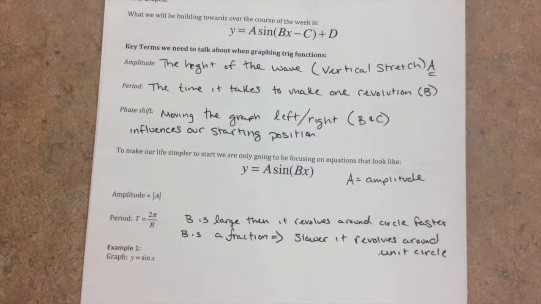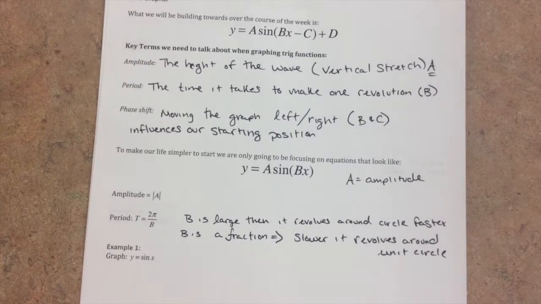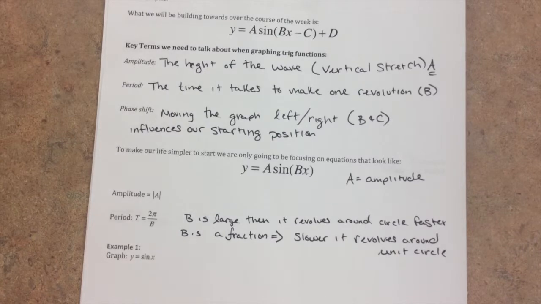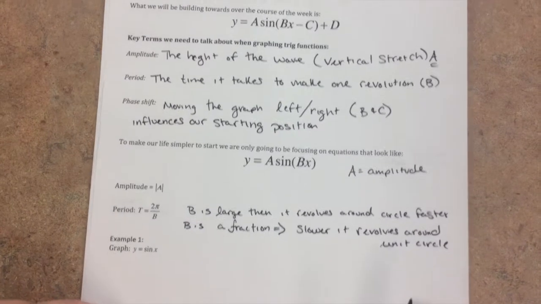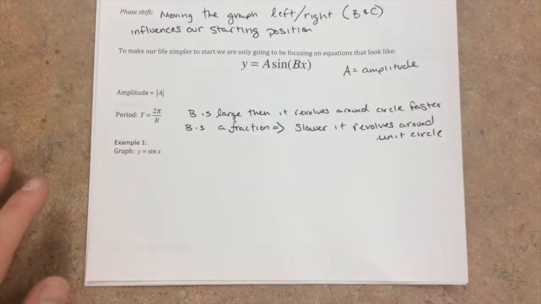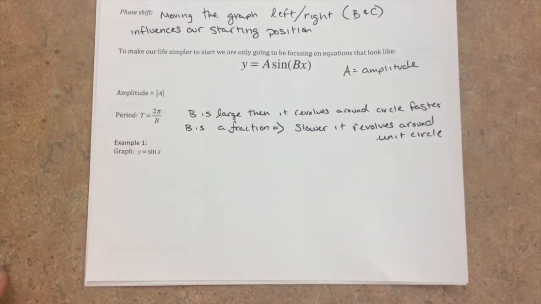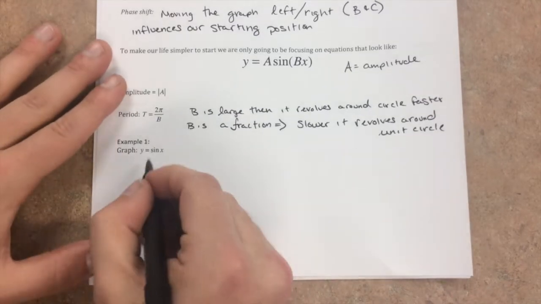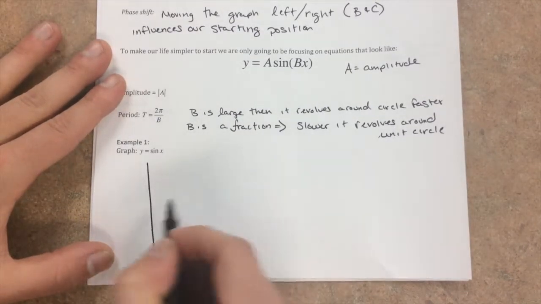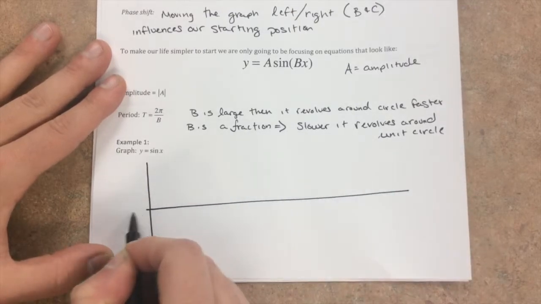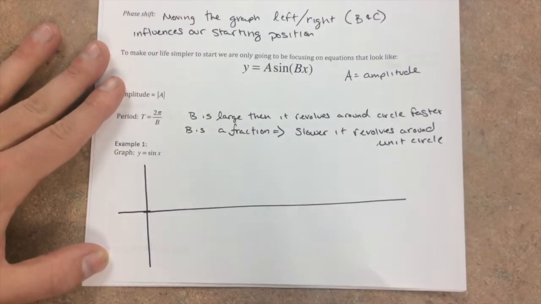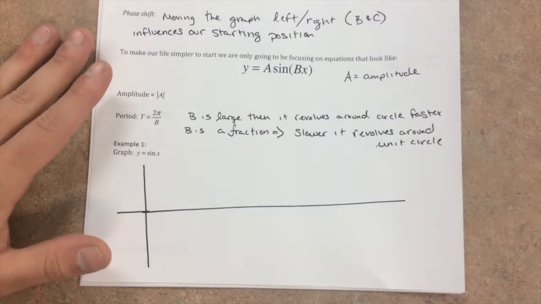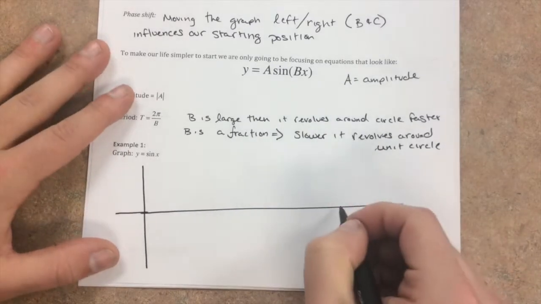So if I say it's going to take you half as long or twice as long, that means our period is going to be over a fraction, and when we divide by a fraction, it means it takes longer. That's all we're getting at. If you want to take out your unit circle as we go along with this, we're going to be tracing out the graph of sine. So I'm going to draw our initial time plot, and all we're going to graph is one revolution. So to go around the unit circle one time,